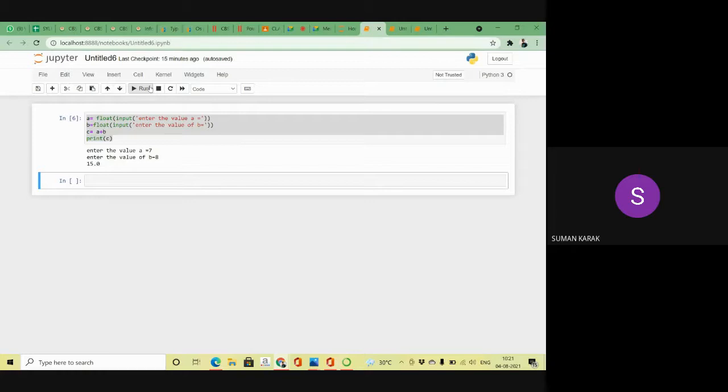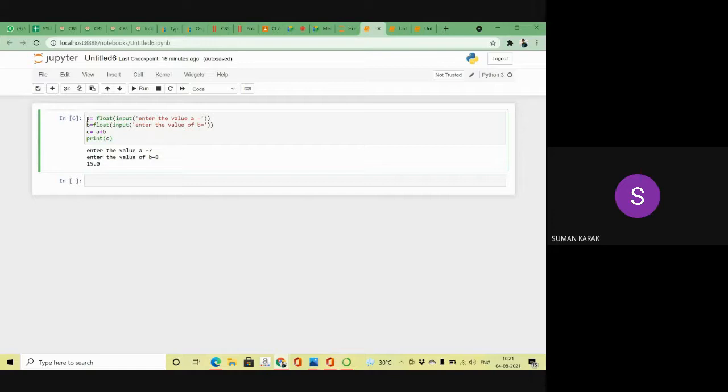You are developing for the user, meaning the person who uses your software. So here I'm using the input function because I take the value from the user.